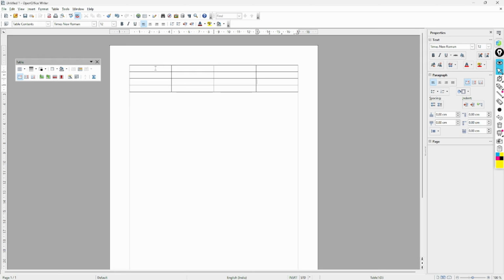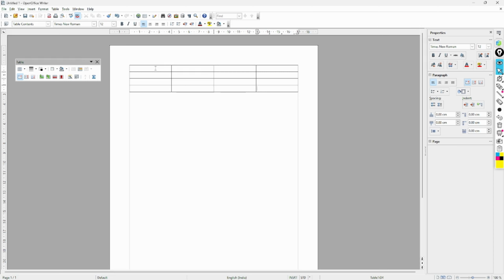Now see, I am in the fourth column and third row. If I press the tab key, it will navigate downside, correct? Tabbing the tab key, it will navigate. Now I am at the end of the table, correct? How can we say it is the end of the table? See, is there any further column? No. Are there any further rows? No. This is the last cell of the table.